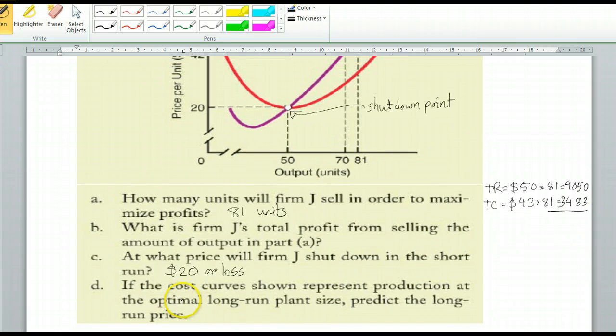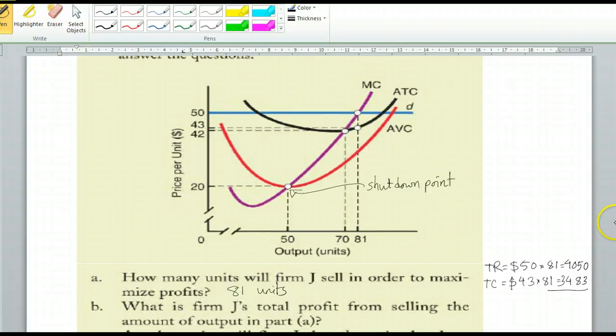Part D. If cost curves shown represent production at the optimal long-run plan size, predict the long-run price. Chapter 9 shows that in the long run, if the markets are competitive due to free entry and exit of the firms, it happens to be the case that each firm operates at the minimum point of the long run average cost. In this case, this average total cost is going to be the long run average cost,